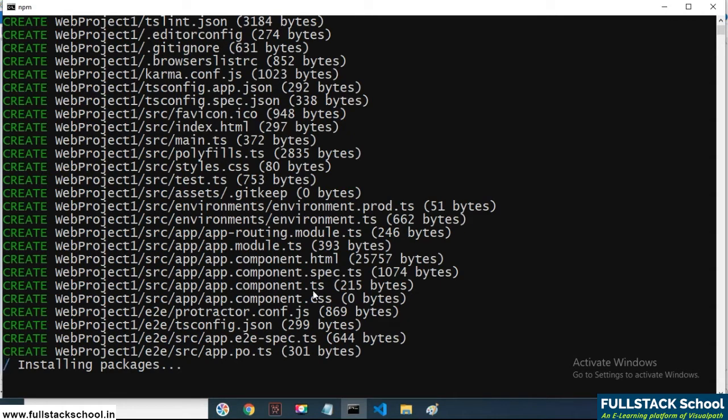Angular application is nothing but a collection of components, and components we are creating in the form of modules. app.component.html is a file which is used to write HTML type of code. If you want to write any type of logic, we are using app.component.ts, and we are using one more component file called app.component.css where we are adding some CSS.